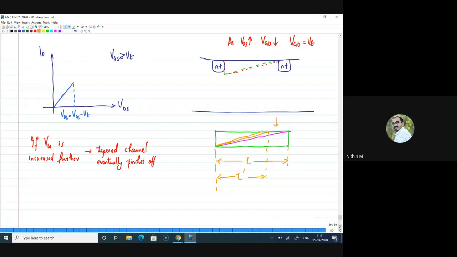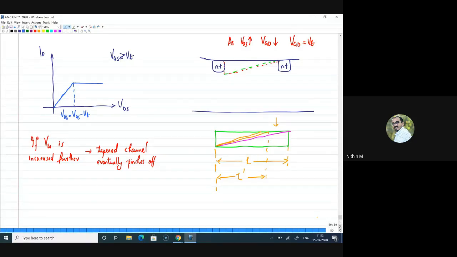For a current to flow, a channel should be there, and the channel was there, and we observed that after this particular voltage, the current cannot increase further. Why can the current not increase? Initially your current was proportional to the applied voltage and the channel was fully present. As you keep increasing your VDS voltage, the current was also increasing, but at a specific point your channel gets pinched off, and after that we know that the current cannot increase. Now, why is the current not dropping? I will mark this graph as: current will not increase because there is no channel there, but current will continue to flow through the device.